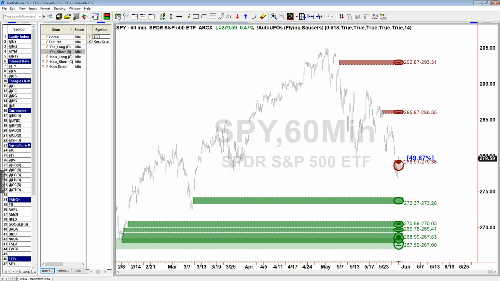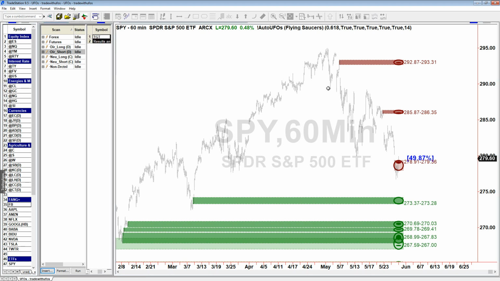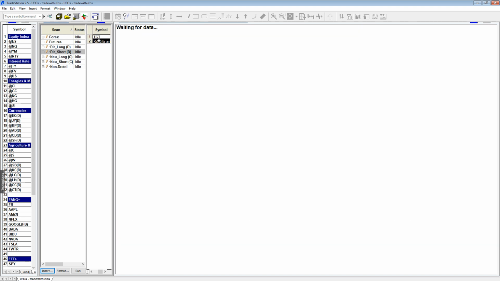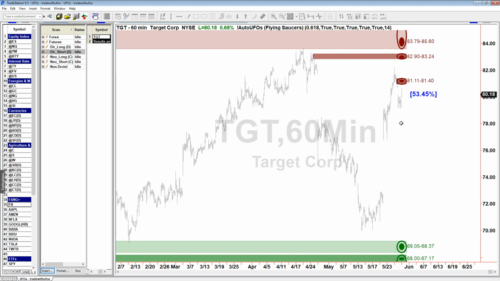And if that's going to be the beginning of an uptrend, then Target will never produce that red UFO I would suggest to wait for, okay? So my recommendation here would be just put Target on your radar, and the moment you see something like that happening, and you have a new red UFO forming right there, you're going to be like, okay,